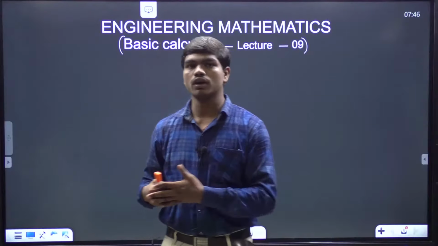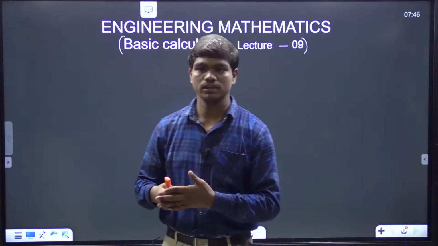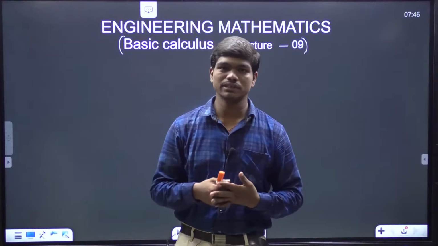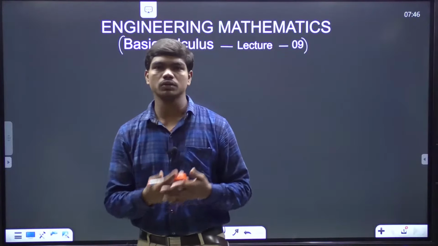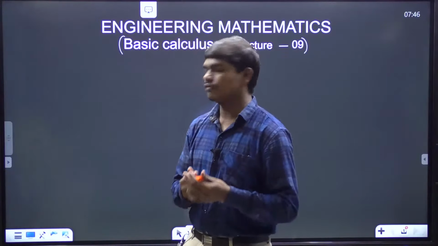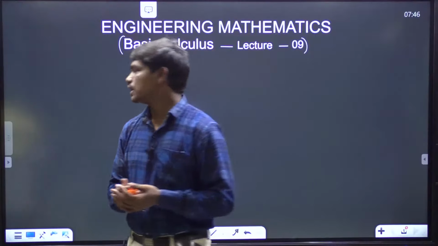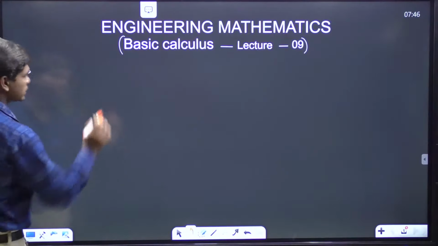And then we moved on to the concept of maxima and minima in two variables, and I gave you the working procedure for how to find the maximum and minimum of a two variable function, correct? This is what we have seen in yesterday's class. So before going to the next topic, I would like to solve one example which helps you understand this concept of maxima and minima in two variables in a more emphasized way. So the question I would like to discuss at the beginning of today's class is